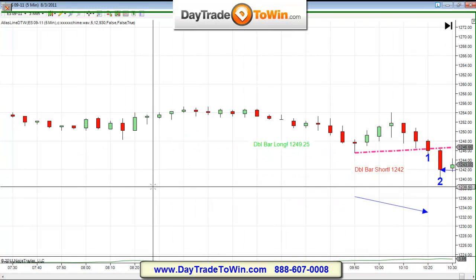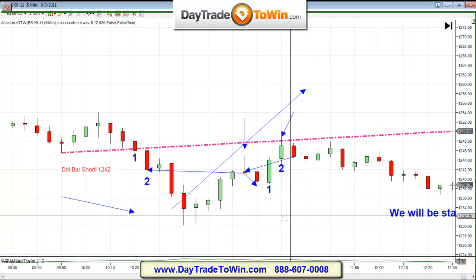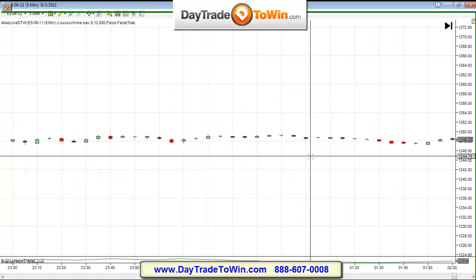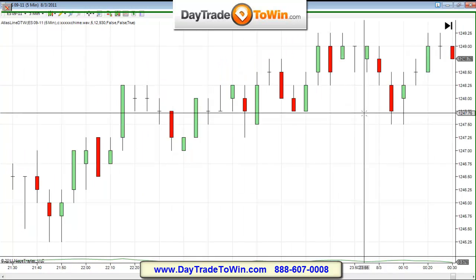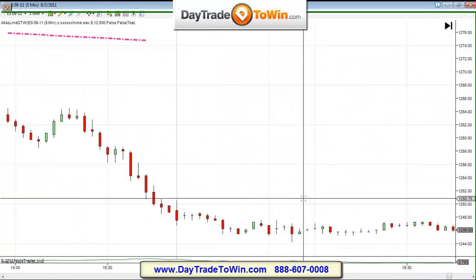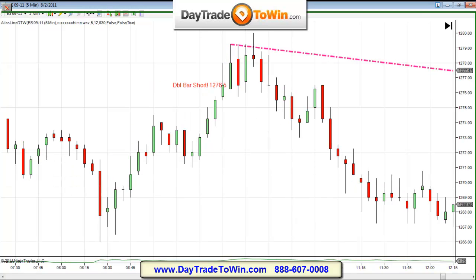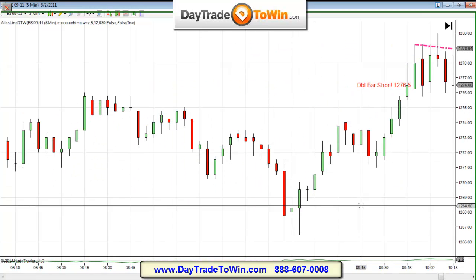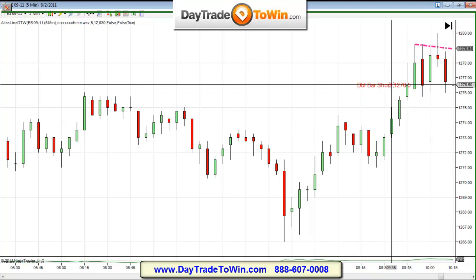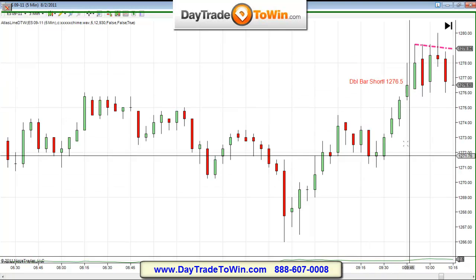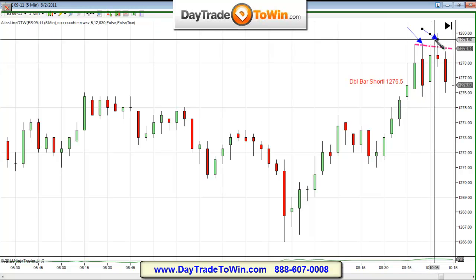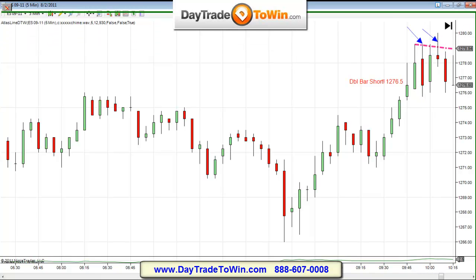let's take a look at yesterday. So I showed you today here on the trades. Let's take a look at what happened yesterday, because yesterday was a very, very interesting day. Take a look at this. As soon as the day opens, as soon as the Atlas line started to trade, what do we get? Double bar short and bounce trades. Here, here, okay? All right, so what does this mean?